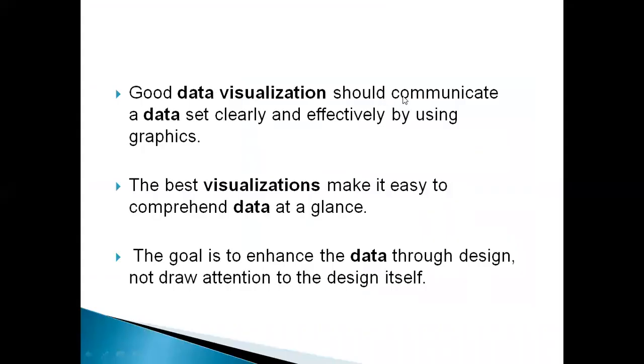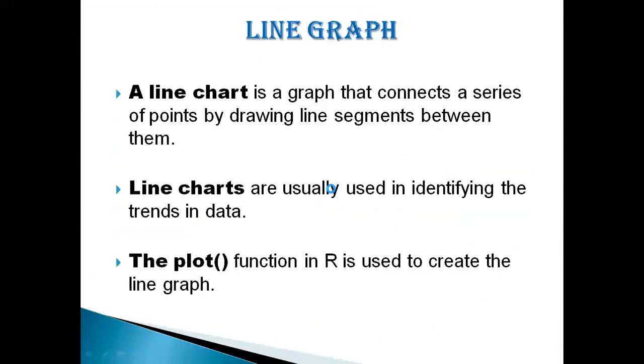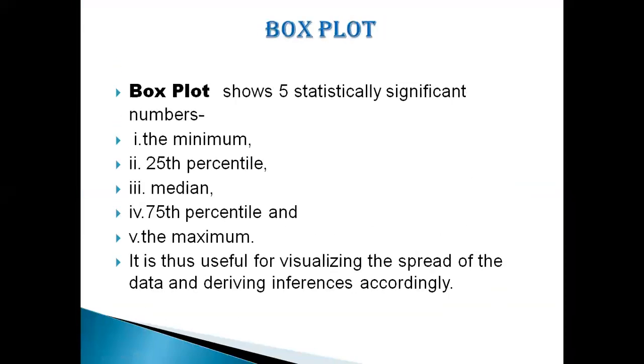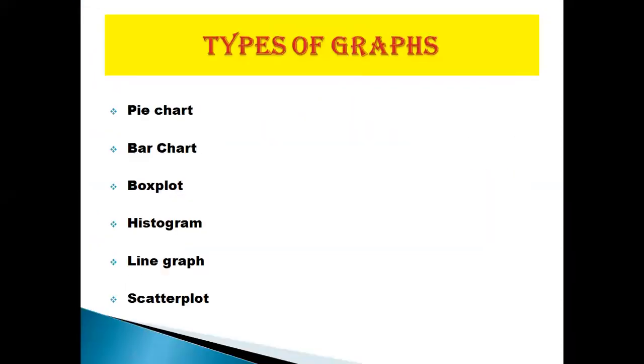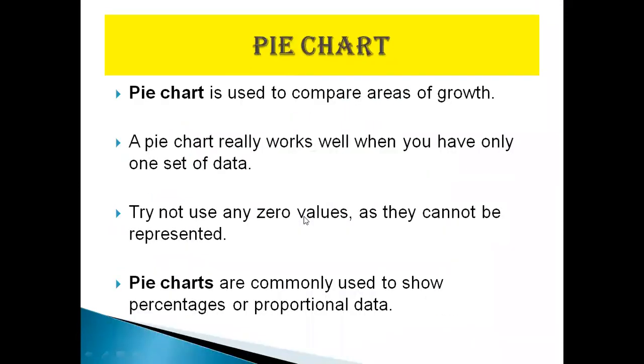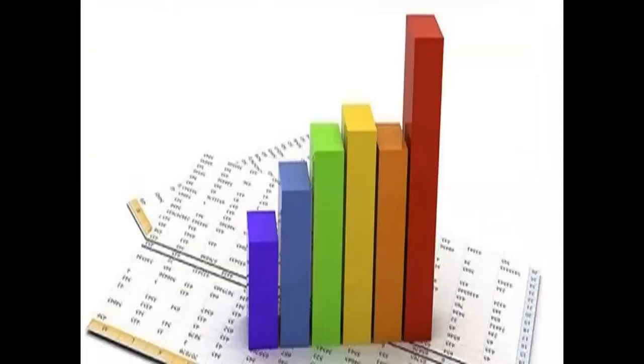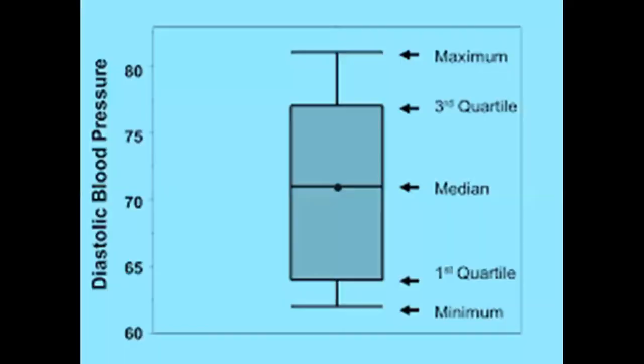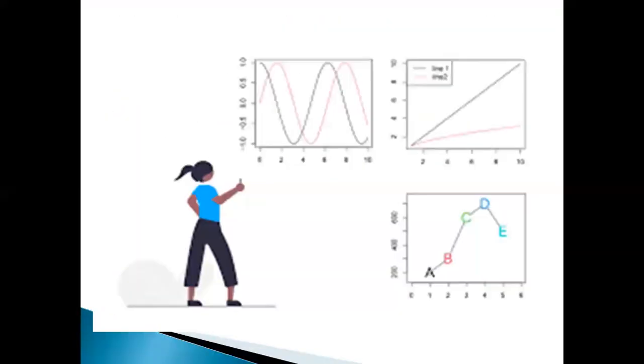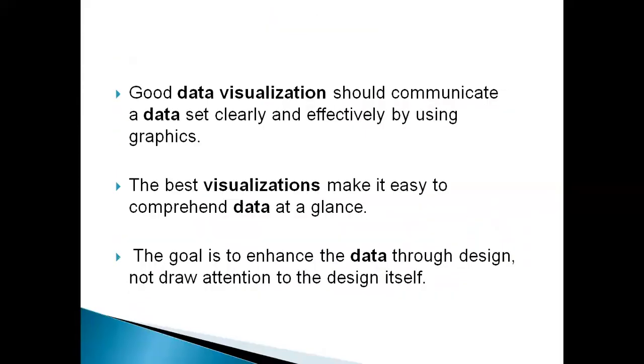So a good data visualization should communicate a data set clearly and effectively by using graphics. So far we have seen how many graphs? Pie chart, bar chart, box plot, histogram, line graph, and then scatter plot. So we have seen 6 graphs, and each graph has a different syntax and a set of arguments. So if you know the difference between these graphs,